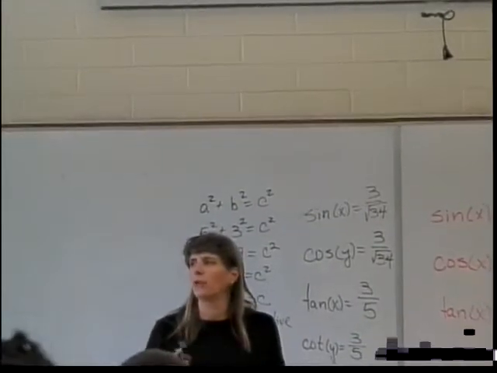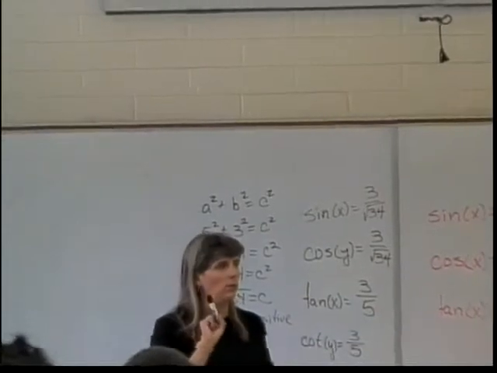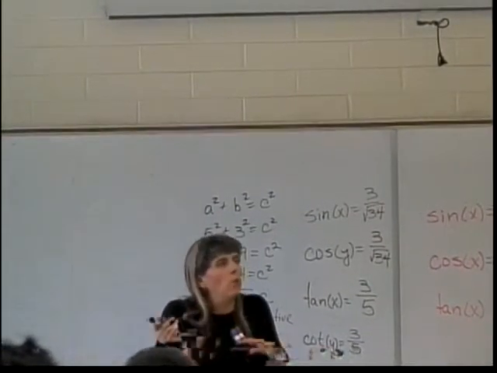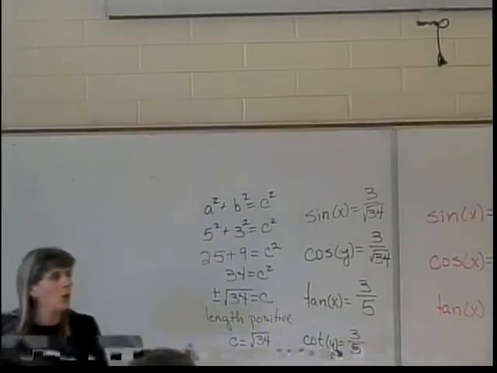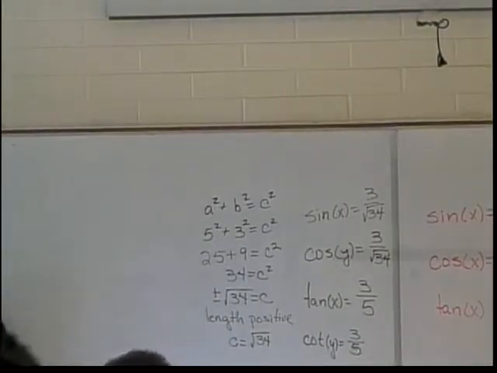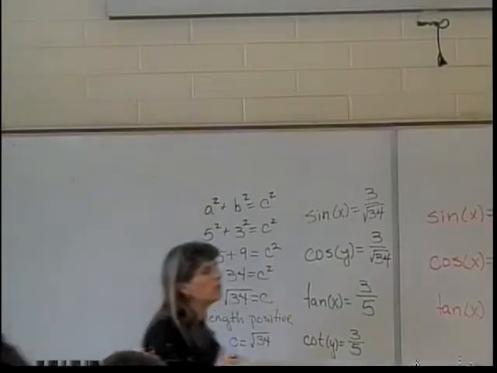Together, they equal 90 degrees. X plus y is going to be 90. We know that. We don't know what x is, we don't know what y is, but together they have to be 90 because all 3 of the angles in a triangle add up to 180. We've got 90 of them down here in the right angle. So this will give us some of our